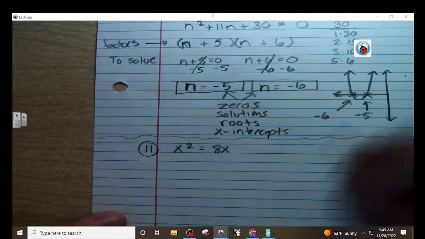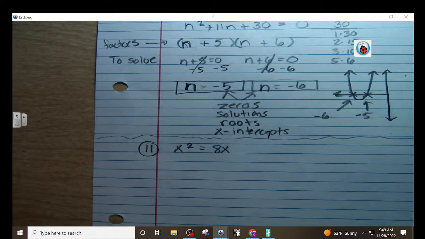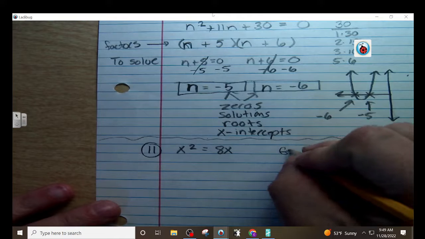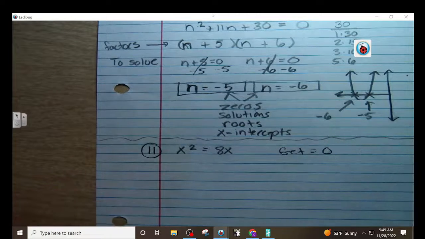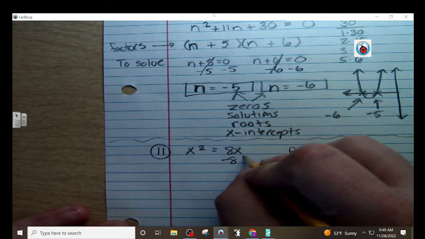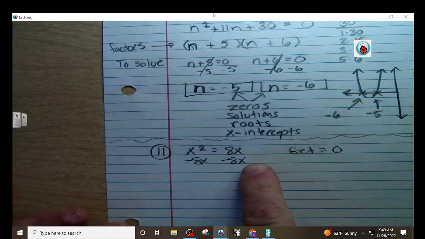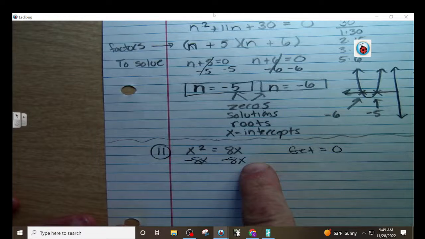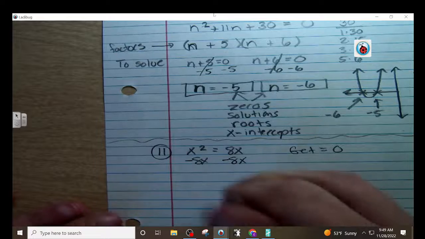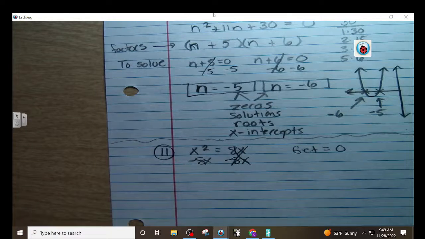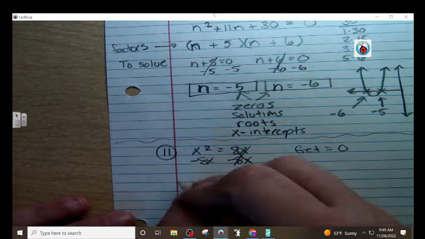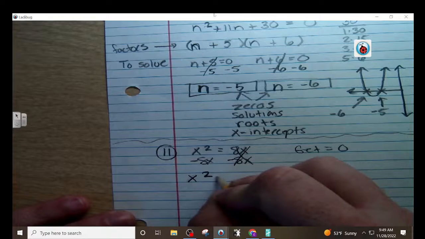All right, now guys, the first thing you got to do, you got to get it equal to 0. So make sure you get it equal to 0. And guys, that's always the case. If it's not equal to 0, you need to get it equal to 0 and put it in standard form. All right, so now, I'm going to get this side equal to 0. Okay, and of course, that cancels out because that's what we wanted it to do. All right, that gives me